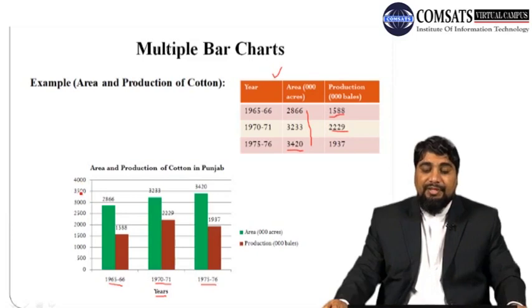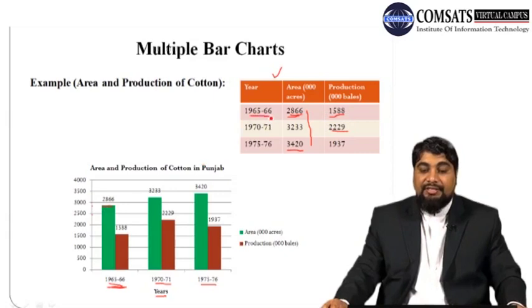इस केस में मैंने 500 का इंटरवल रखा, 0 to 500, then 1000, 1500, 2000, 2500 और up to 4000. सो 3500 तक भी चले जाएं तो ये रेंज कवर हो जाती है. So let us focus on first data point, which is the area. So it is 2866 in 1965-66. So here we have 1965-66. So construct one bar which goes up to 2866. So here 2500 and next 3000. So locate 2866. सो अब ये 2866 की लेंथ यहाँ पे बना दी. एक बार कंप्लीट ये कंस्ट्रक्ट कर दें जो ग्रीन कलर की आपको नज़र आ रही है.